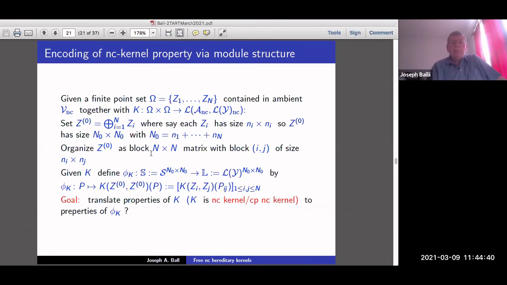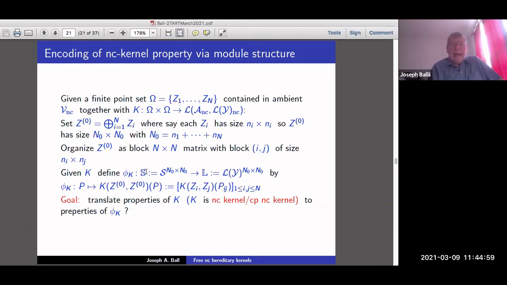Forget S. S is, oh, that's supposed to be A. I had a notational problem. So it's supposed to be